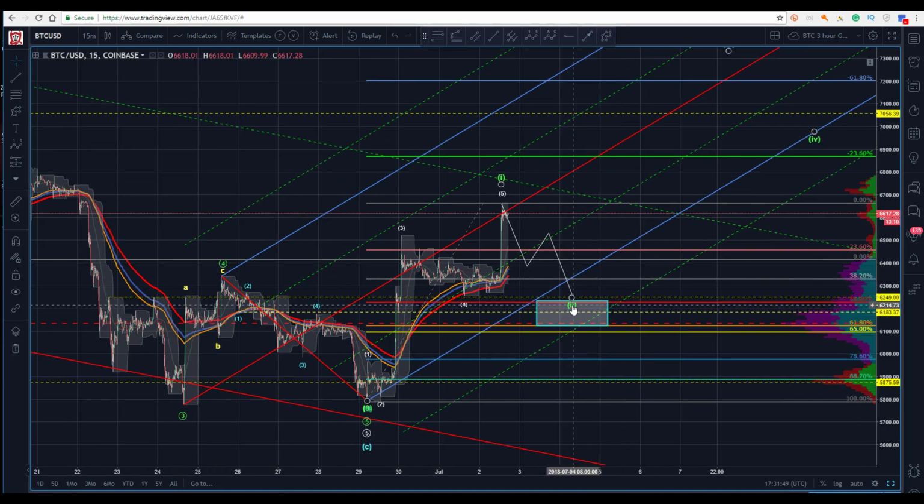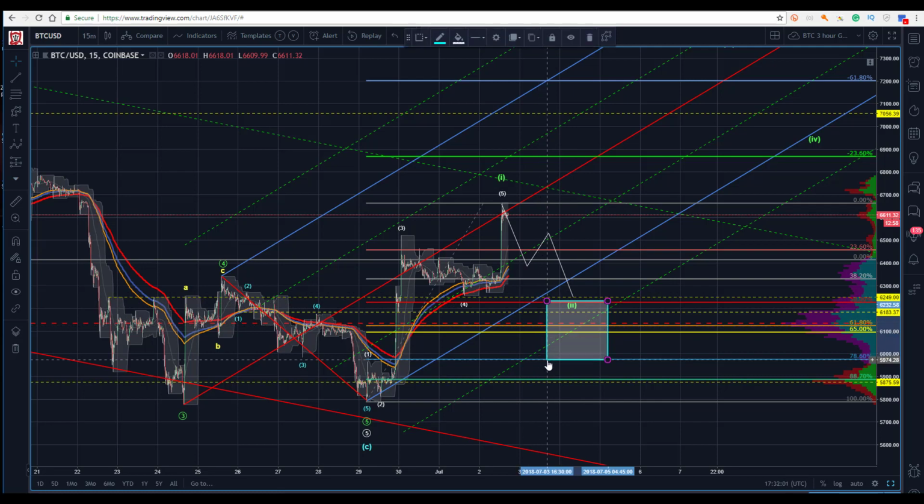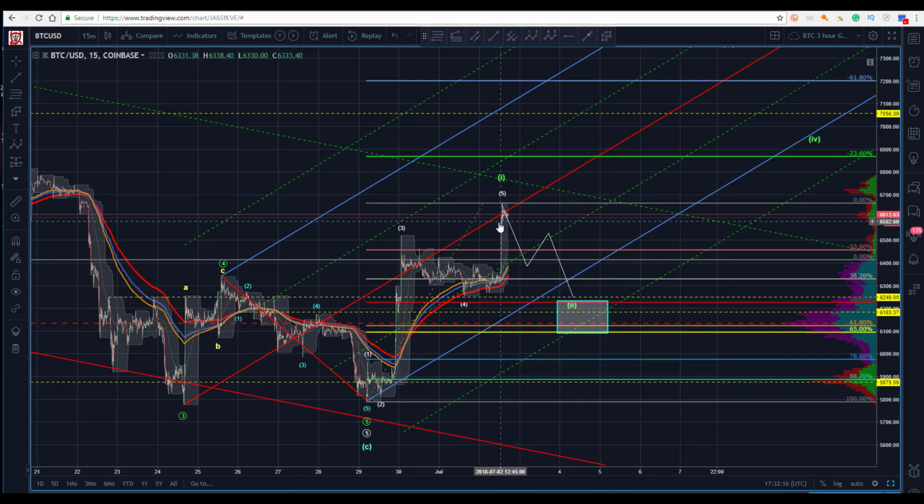Right? How will we know? The next test as we retrace this, and people that caught this look to take profit, this will be the test. Do we hold into the golden zone here? Do we hold this wave 2 level? Now, Grant, we know that a wave 2 can be this deep, can be anywhere from the 50 to 786. I mean, hell, it can go 887. And we know that the wave 2s have been difficult in Bitcoin. So we'll have to wait and see what that looks like. But so far, we're off to a good start.